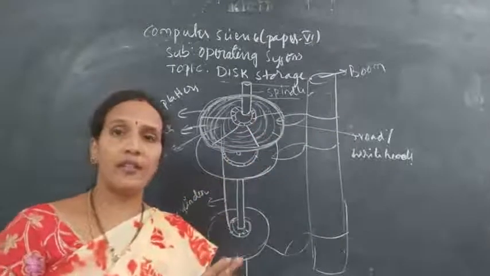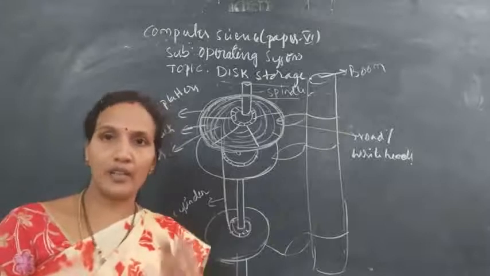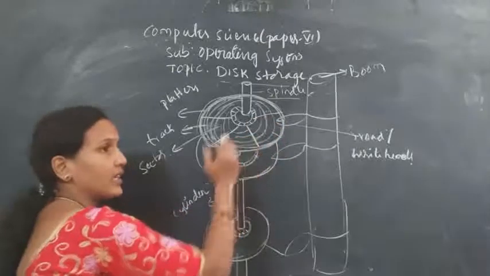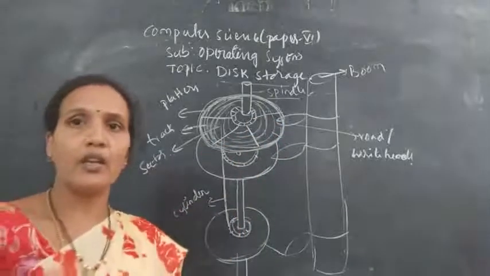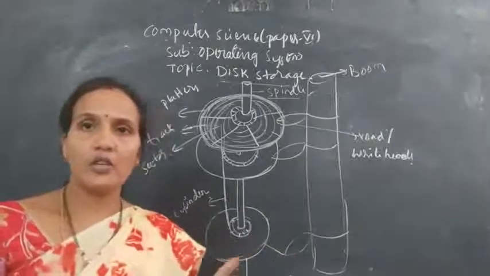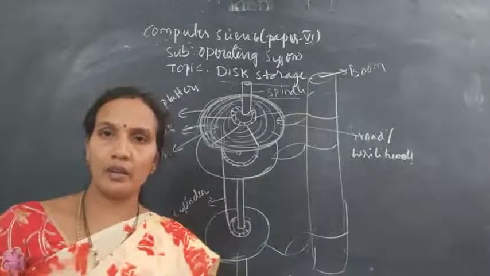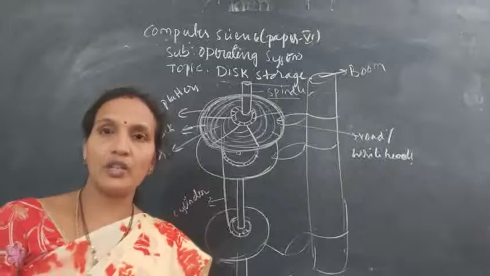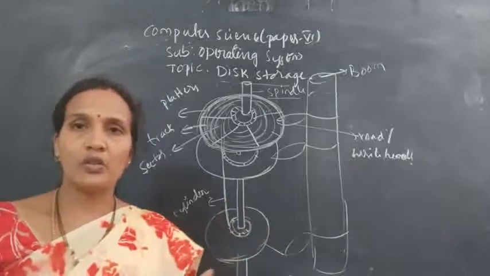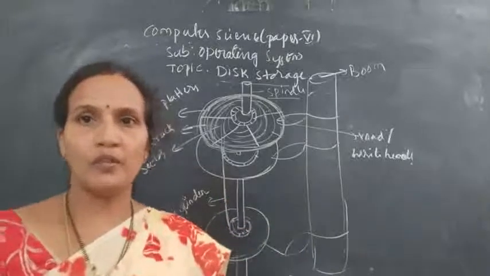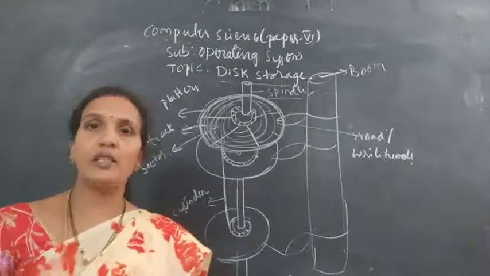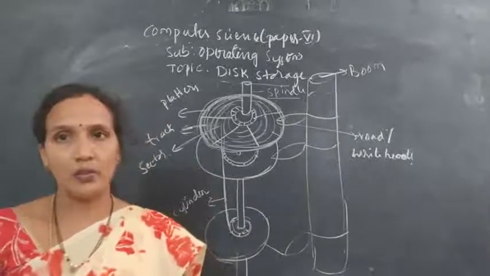So one point is there: when the read and write head wants to read the content, it will read immediately the adjacent sector only. It can read the content which is adjacent to it. So whatever sector you want to read should be near, adjacent to the read and write head, so that it can increase the throughput of the system. Clear? And in the system you have thousands of tracks, thousands of sectors, and thousands of cylinders.